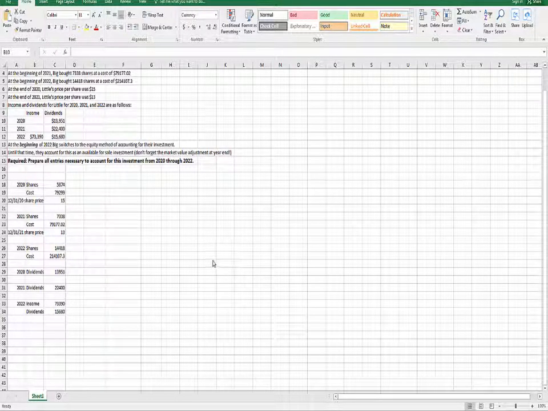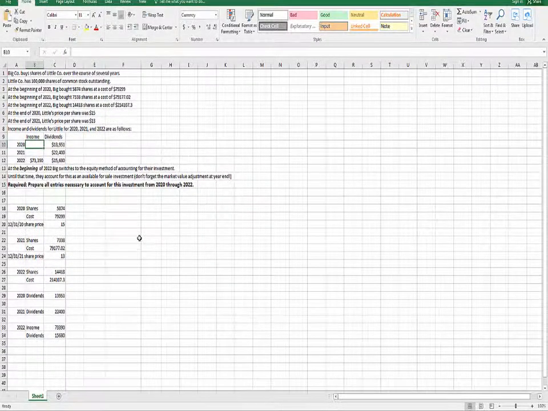Okay, let's go through the solution to the assignment for the change from the cost to the equity method. So again, you just did this problem yourself. Big company buys shares of little company over the course of several years. Little has 100,000 shares of common stock outstanding. At the beginning of 2020, Big bought 5,874 shares at a cost of